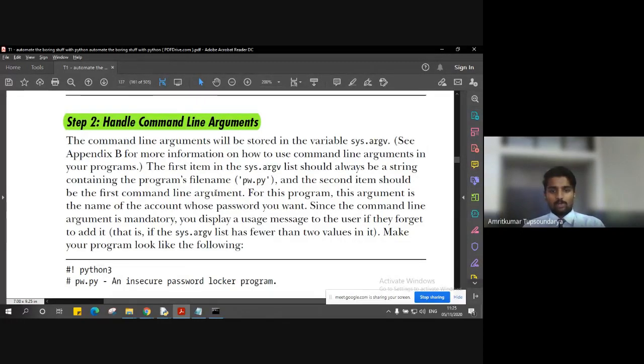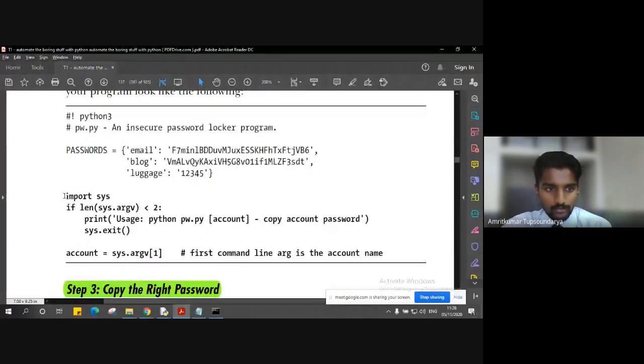We have an inbuilt module called sys, which I think you can recall from maybe our second or third lecture. We saw different types of modules, and when we were discussing how to import a module, we saw there is another module called sys, which is a system module. So since the command prompt is a system facility, we have to import the system module. And since we are going to make use of command line arguments, we have to call the argument also. So first we import the system module and then perform other operations.